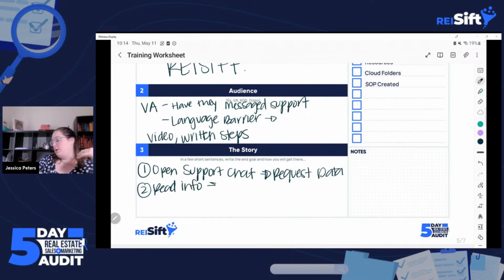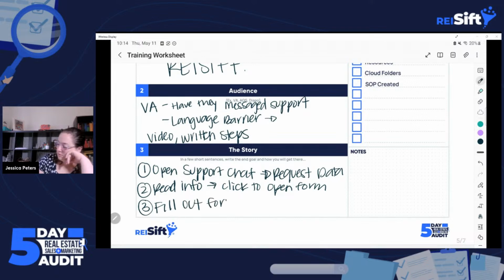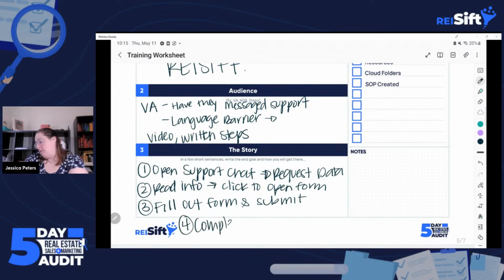And then they're going to click to open the form. There's a little form that you fill out to request data. Then they're going to fill out the form and submit. Then this is complete when REI SIFT sends back data.